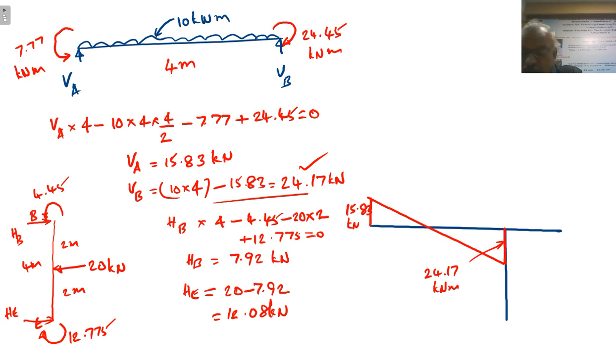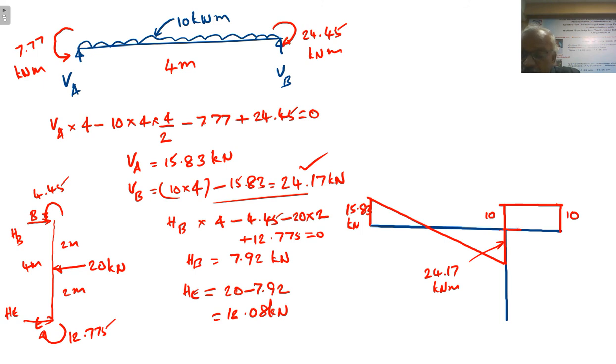When we draw VB equal to 24, then here there is a reaction equal to 10 in the overhanging part, and now here there is no loading, therefore it will be a horizontal line, and here there is a downward load of 10, right? So this is 10, this is 10, right? Now coming to the, we have started at the point A, right? Now coming to B, HB equal to 7.92. So 7.92 to the right. So here it is 7.92.